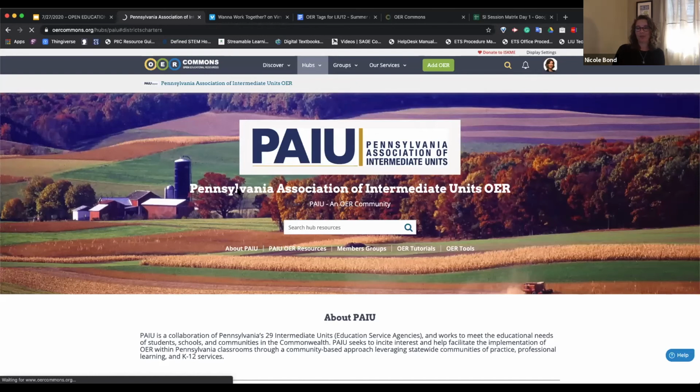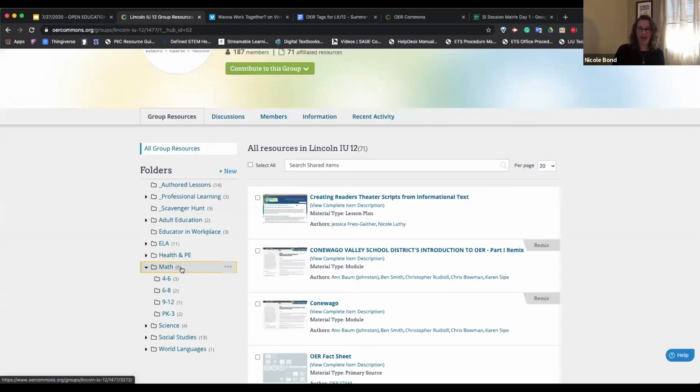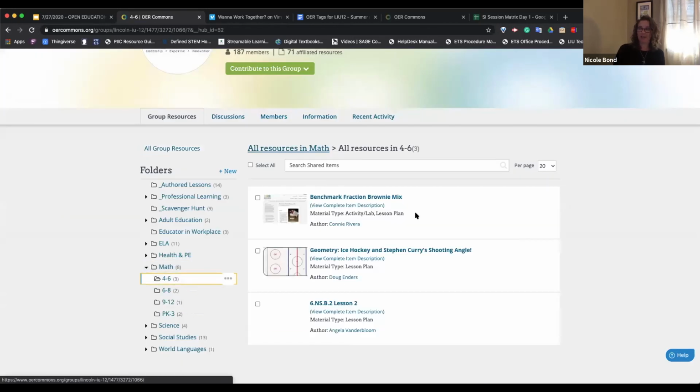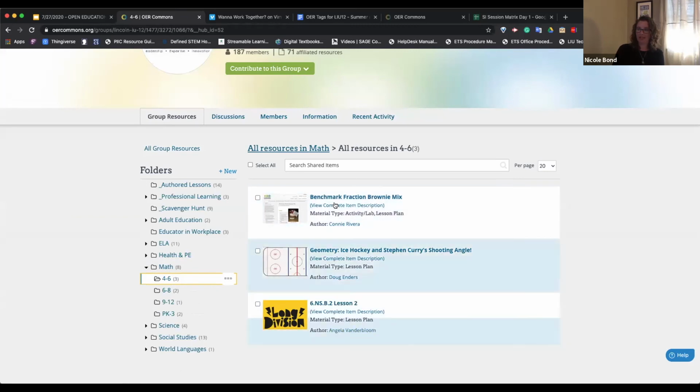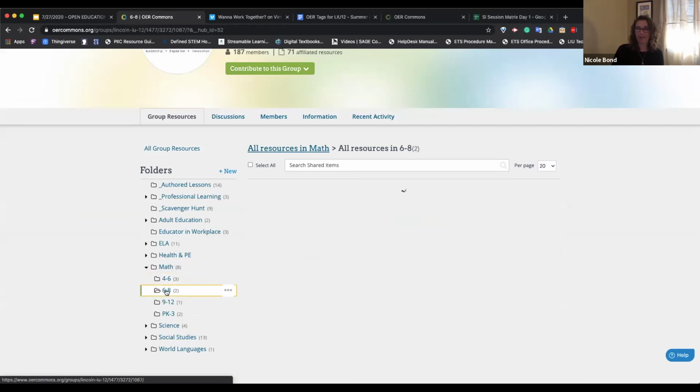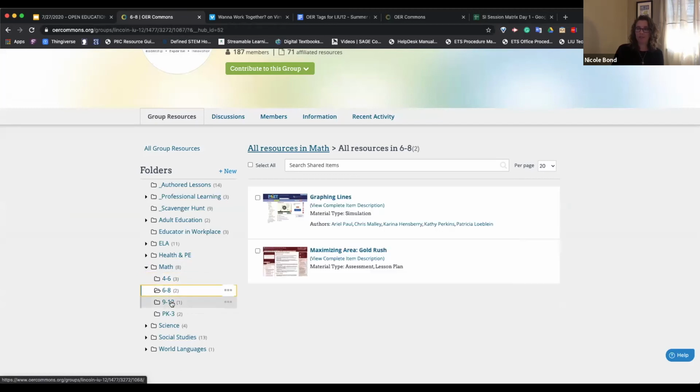As a member of this group, we've started collecting things. So in our math folders, we already have a couple of pieces in here identified. They just need tagged if they haven't been. So you'll be able to search by folder. I really think the tag's going to be more useful because you can use that tag and then go by your materials and pieces that you're going to be looking for. So we will be tagging.